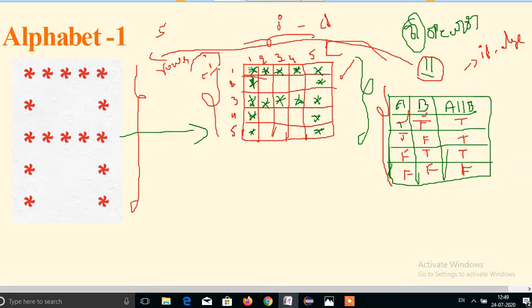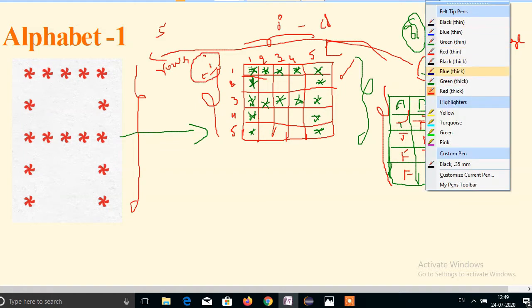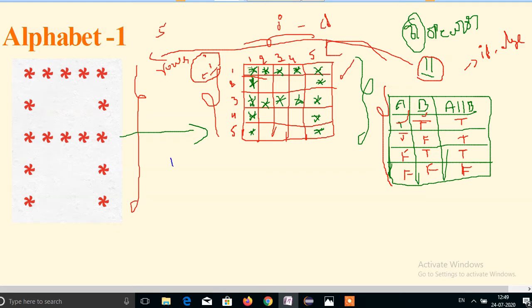Whenever the I value equals 1, at that time the stars will be printed.